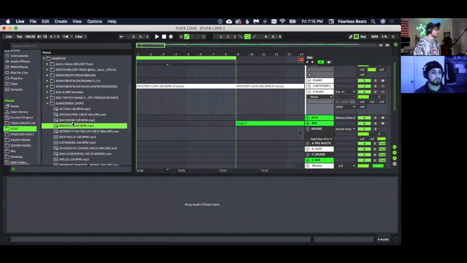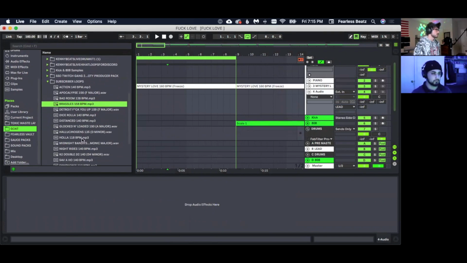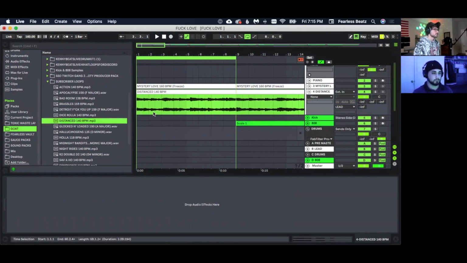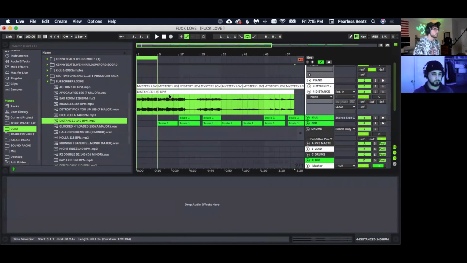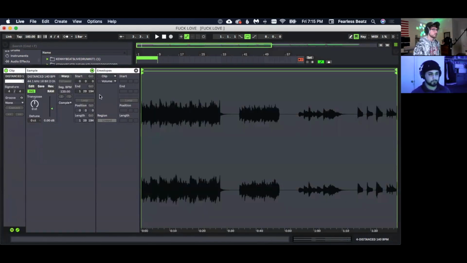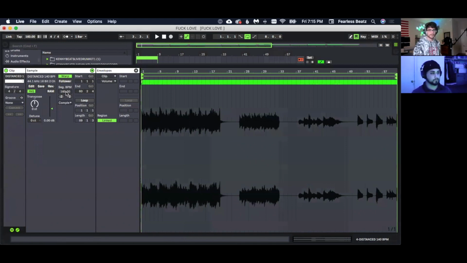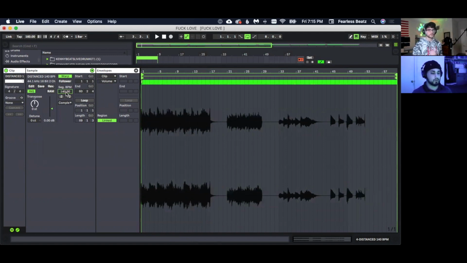So let's say I pull in this one that's 140. What you would want to do is, when you warp it, match this to what the original was. So we need to put this segment BPM back to 140. That's the little trick I think might be getting you caught up, because when you warp it, it warps to the tempo that you're at, but you want to make sure that it's actually warped to what the sample is set at. So you want to put it back to 140. Because let's see, if I put this back to like 160 where it was at,